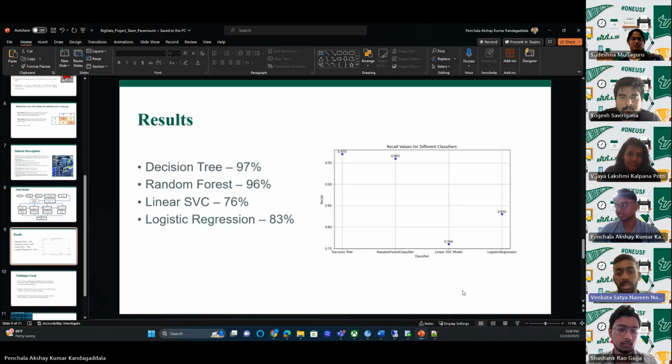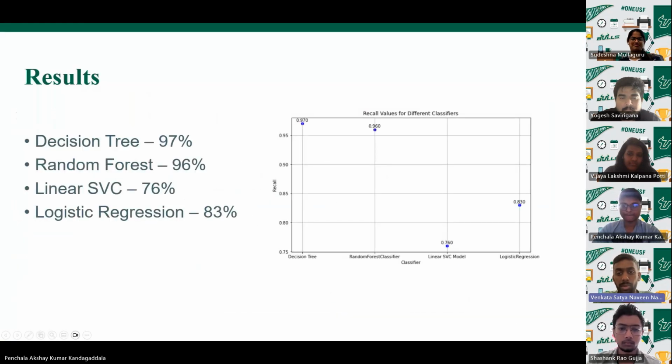Hi, this is Naveen. Today I'm going to present the results of our analysis on predictive maintenance using the AI4I 2020 dataset. Our objective was to proactively identify potential machine failures in an industrial setting. After evaluating 4 models, decision tree, random forest, linear SVC, and logistic regression, based on the recall metric, we observed impressive results. The decision tree exhibited a remarkable 97% recall, which is shown in the diagram, indicating its efficacy in